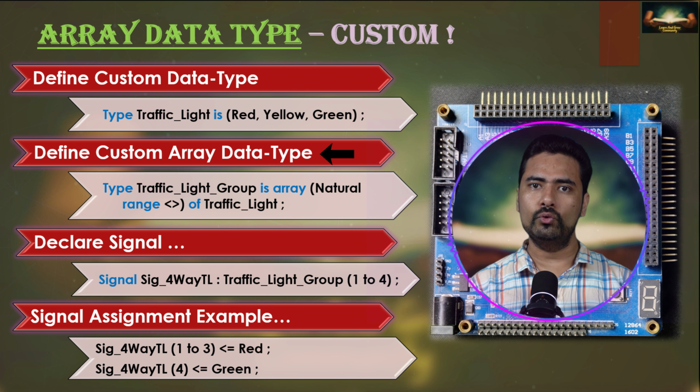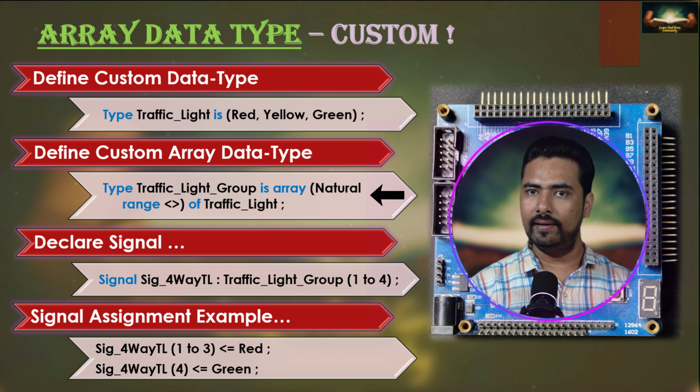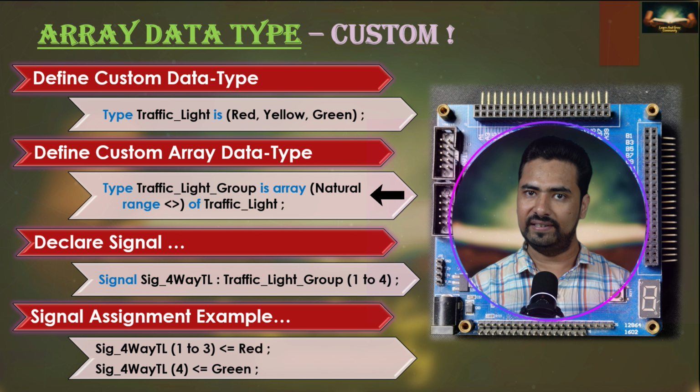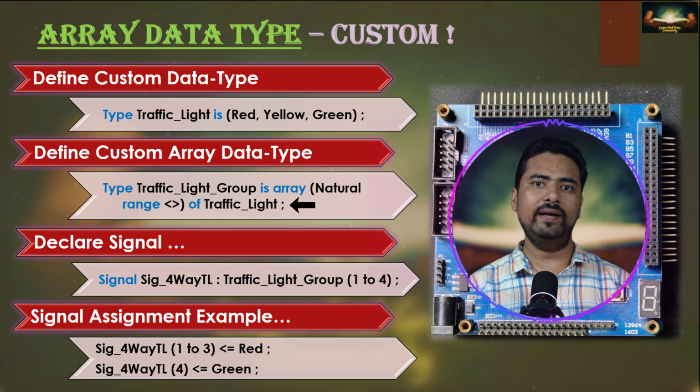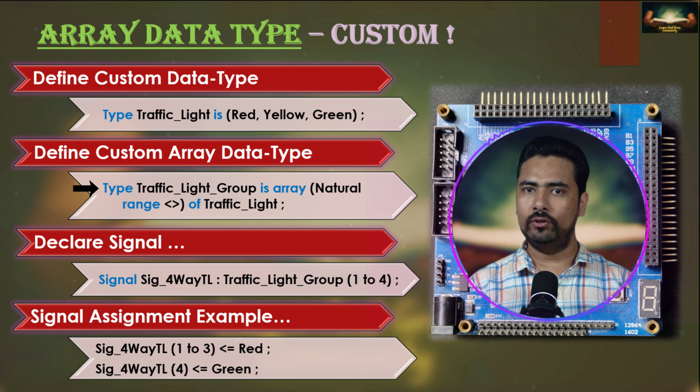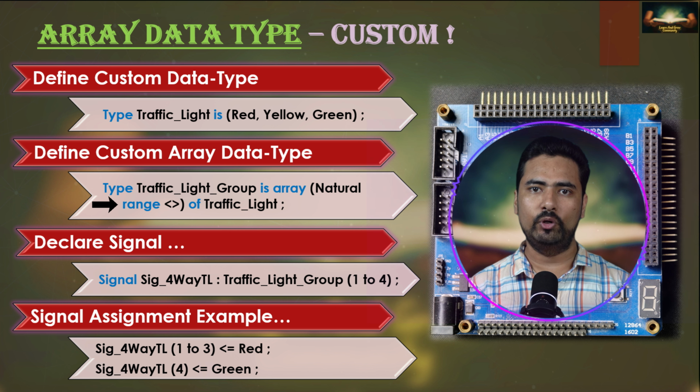Next, we wanted to use this traffic light for a four-way traffic signal. And for that purpose, we need four traffic lights, right? So now we are creating an array data type for those four traffic signals, which will use the traffic light data type which we have created in the previous statement. So we will write: type traffic light group is array (natural range <>) of traffic light;